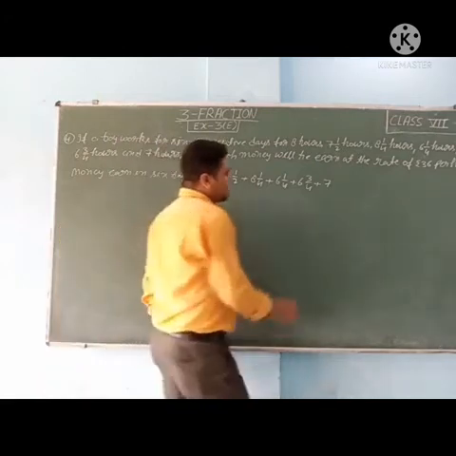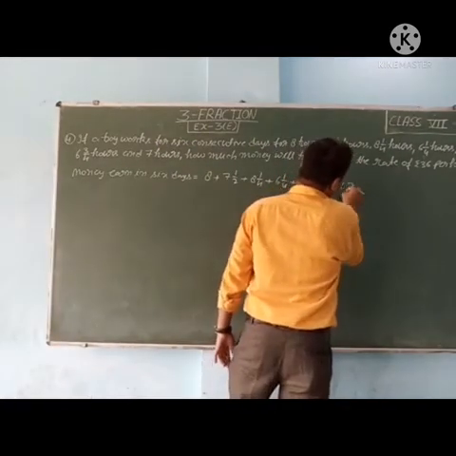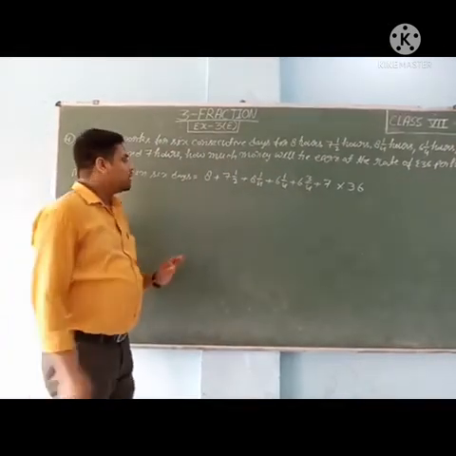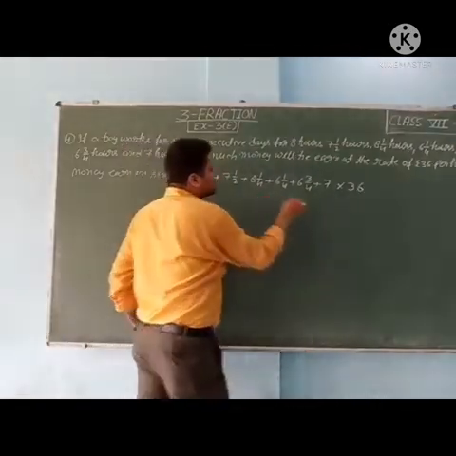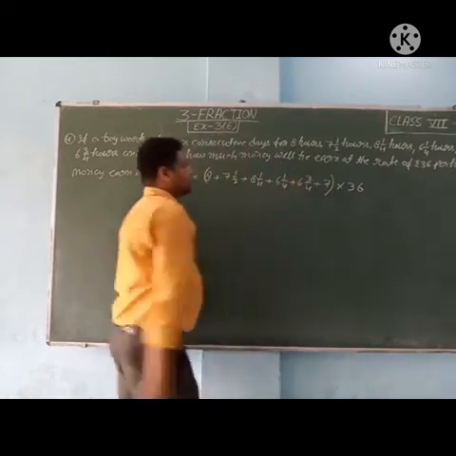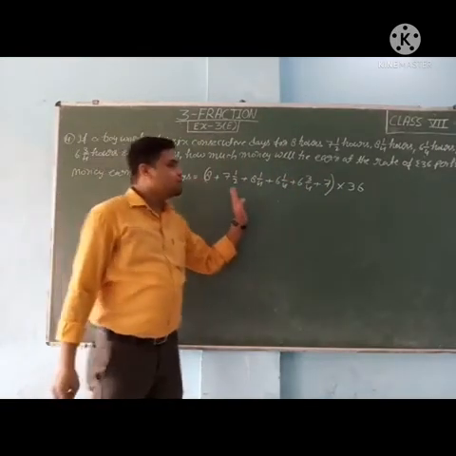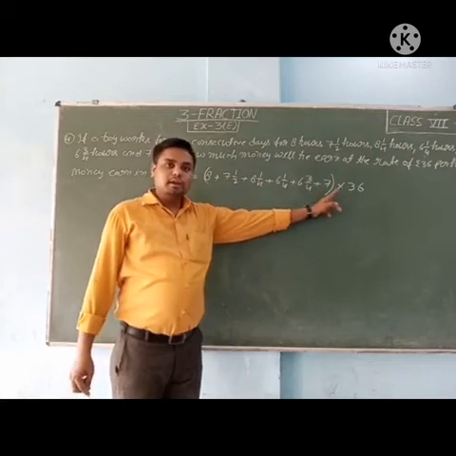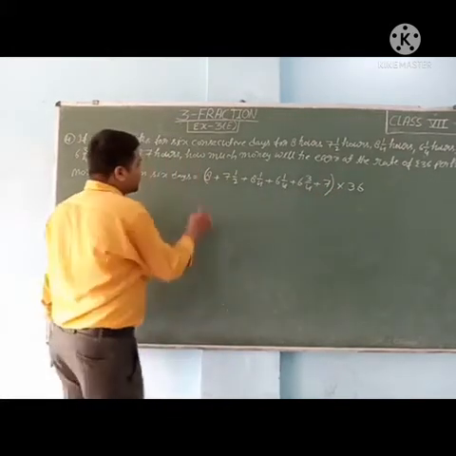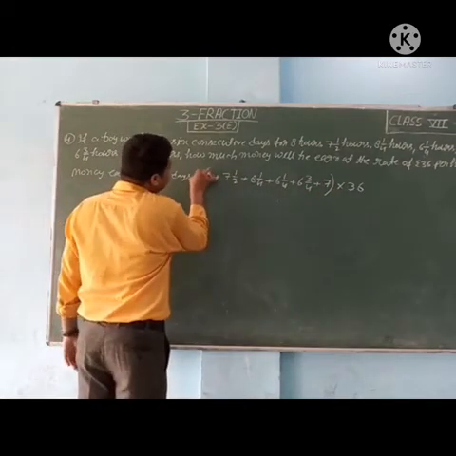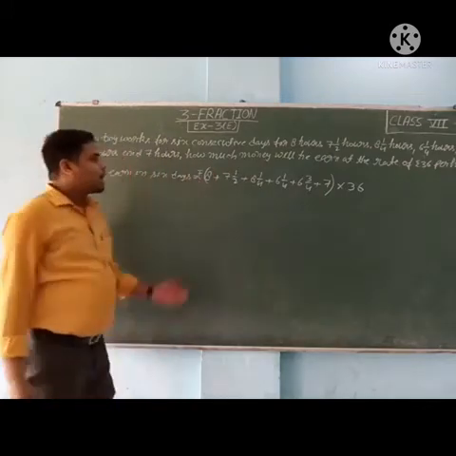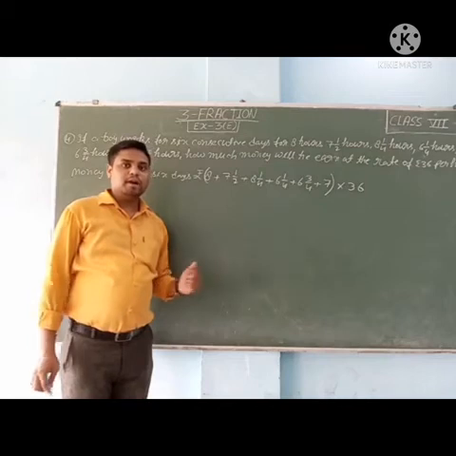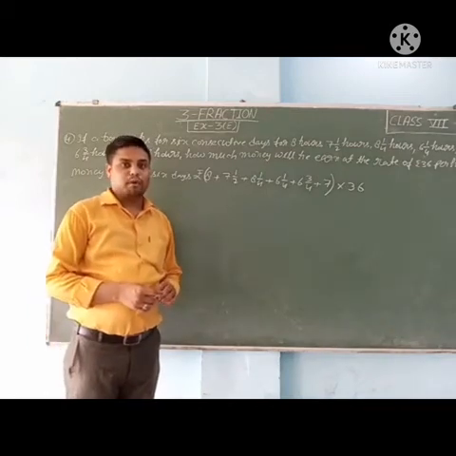So multiply by 36. And one more thing, this we will take inside the bracket, because first we will do this sum and then we will multiply by 36, and better to write here the rupees unit. Now after this you will solve by yourself and comment the answer in the comment box.